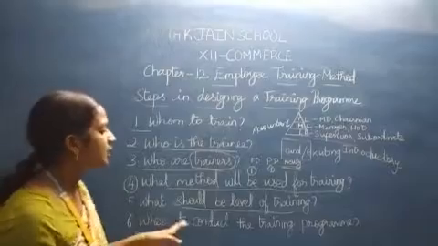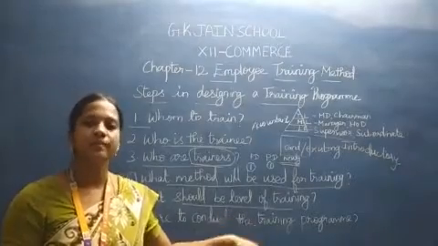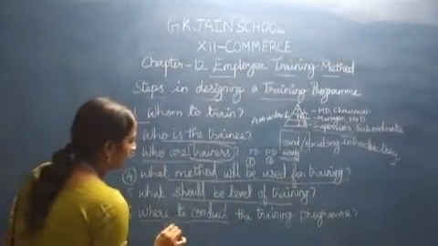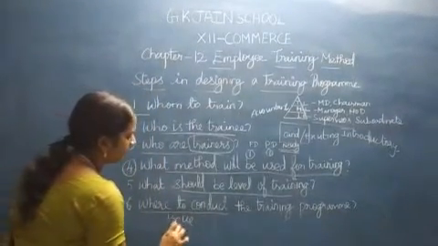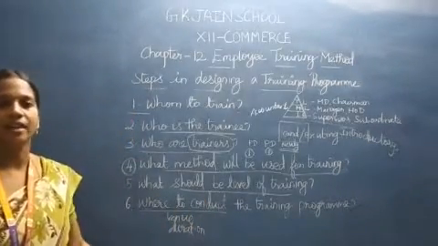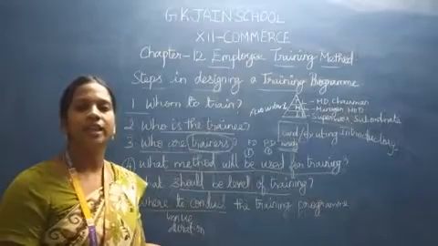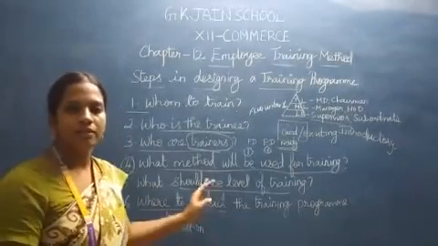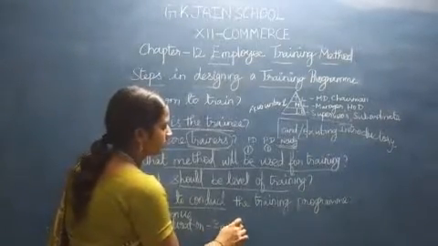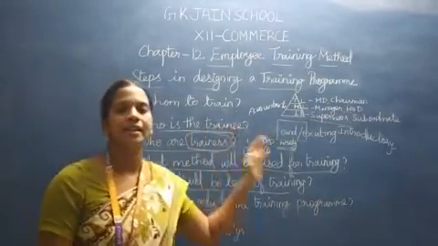Now we have where to conduct the training program. That will be decided by the organization. The venue and duration will be fixed by the organization only. When the candidate can be called and where it can be held, both will be decided by the organization. In the planning of a training program, this is very important, because the duration is not fixed; it can be 3 months, or it can be 1 year. It differs for each job. So these are the steps in designing a training program.